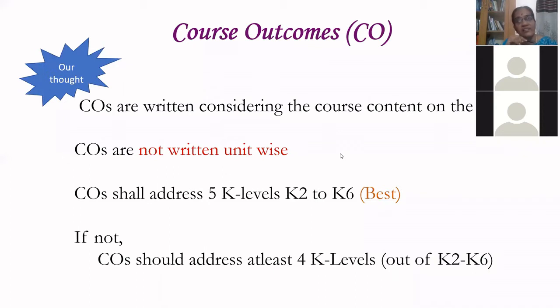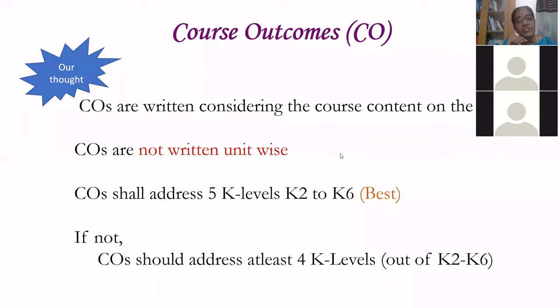And another thing is when you write course outcomes, you have to discuss with your peers. Each and every teacher will have their own views. So the course outcomes written by one teacher will not be accepted by another teacher. There may be differences, but when you discuss, more and more betterment is possible. So usually at the department level, you can convene meetings to write the COs properly.